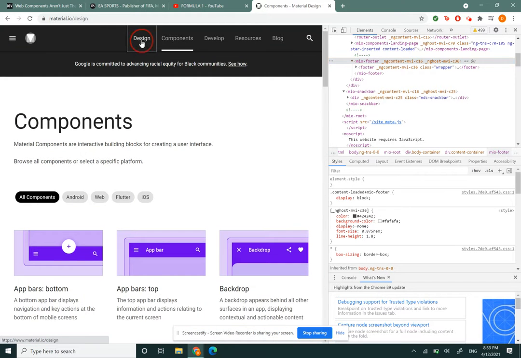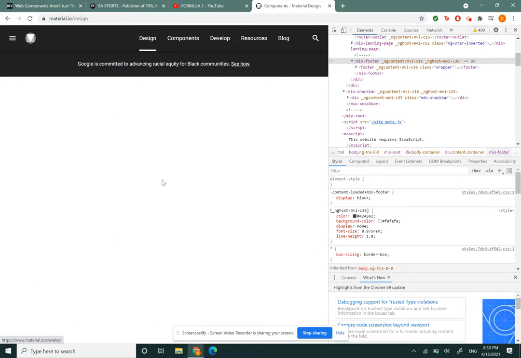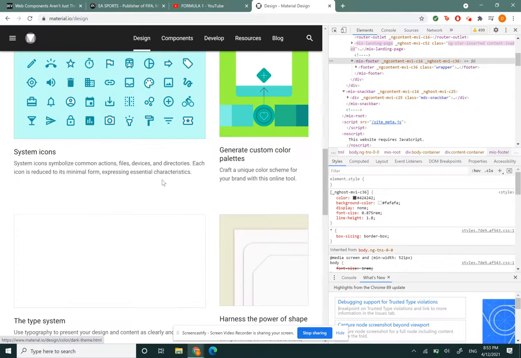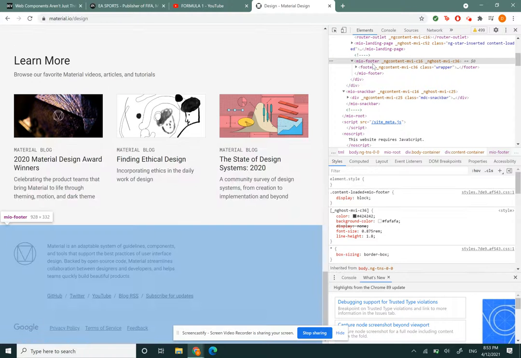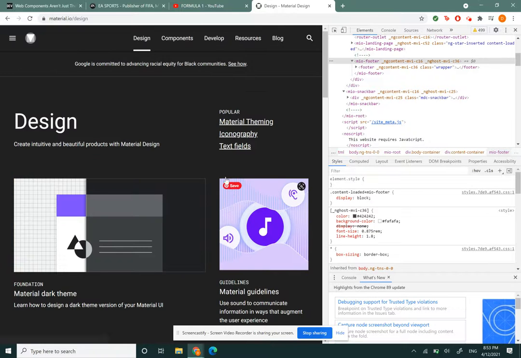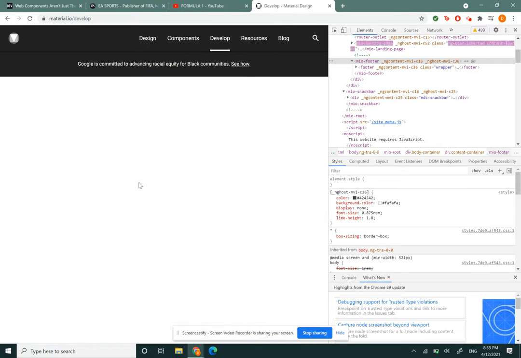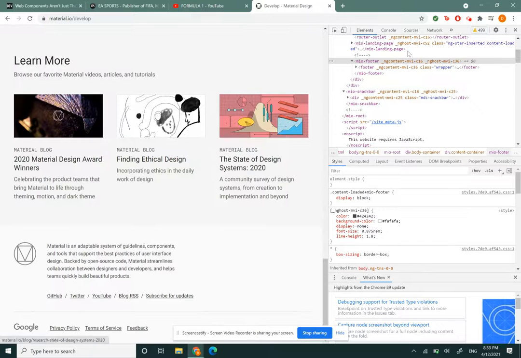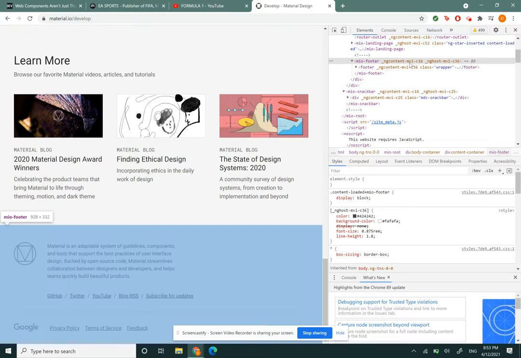Now let's go, for example, to their design page. And you'll notice that the custom footer has allowed them to keep it exactly the same, and no matter how many pages they add this footer to, they don't have to worry about it kind of goofing up the rest of the page. So